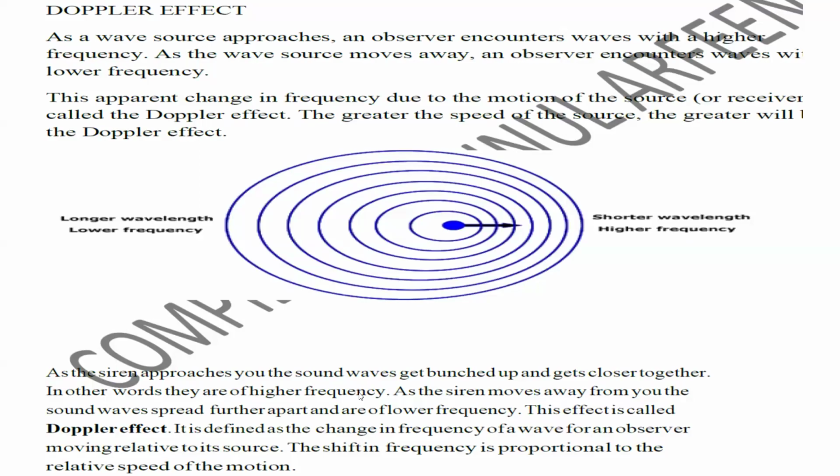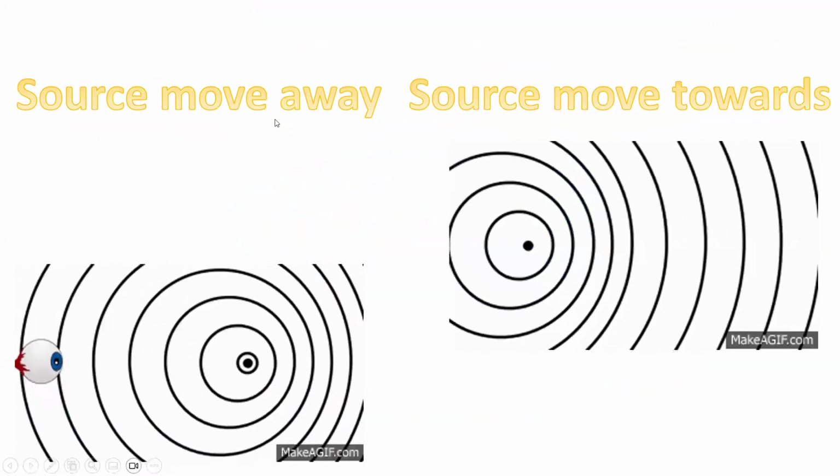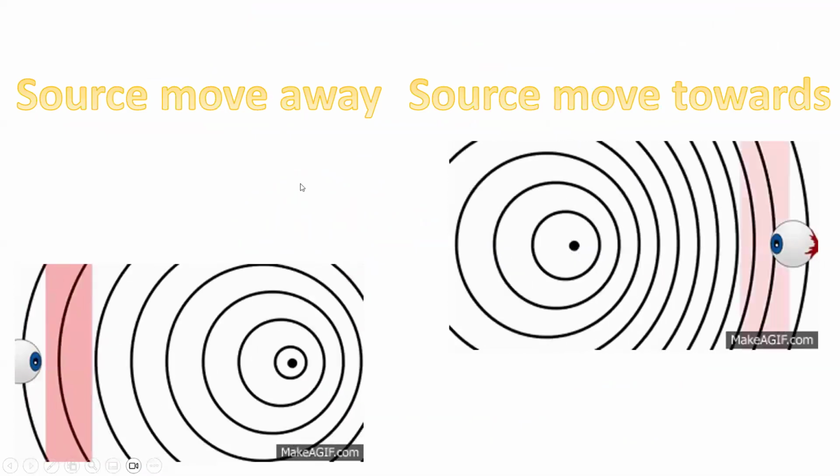Now, what is the application of the Doppler effect? The definition of the Doppler effect: the apparent change in the frequency due to the motion of the source or the observer is known as the Doppler effect. How will you know how much the frequency or the wavelength will change? There's a formula for the Doppler effect. As you can see here,